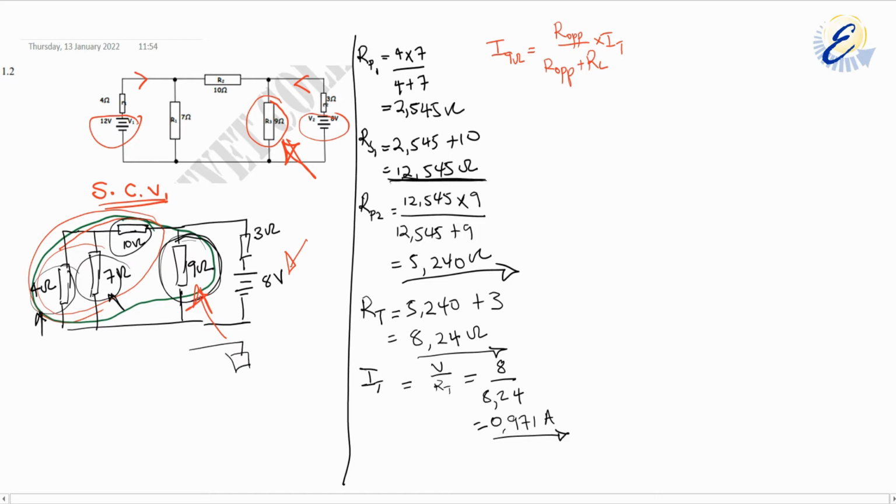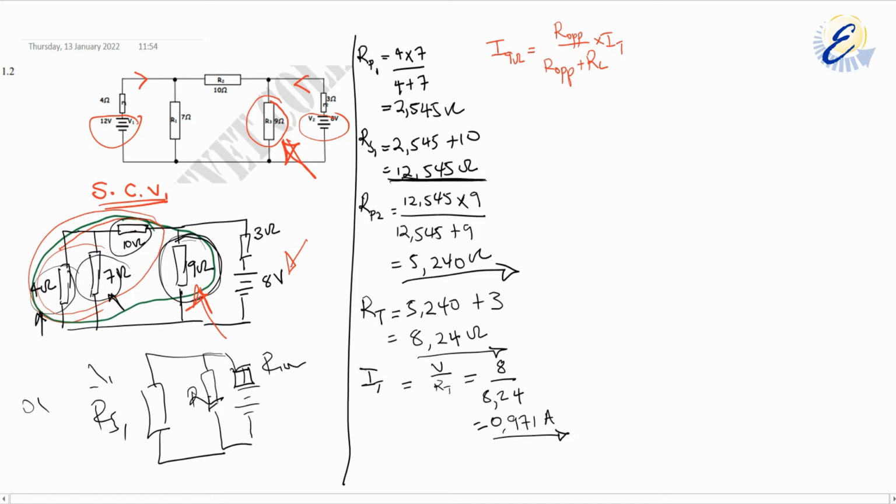We're going to have our 3 here, our voltage source there, our 9 there, and our RS1. Can you see? If this is our R load, this is our immediate resistor, R immediate. So that will automatically be our opposite resistor. So the opposite resistor will be our RS1, which is